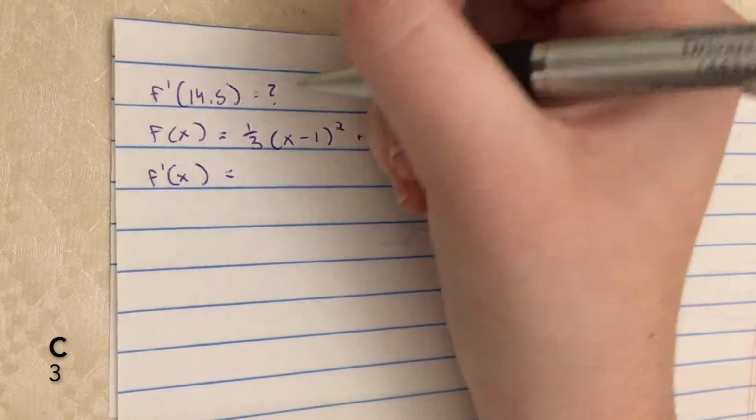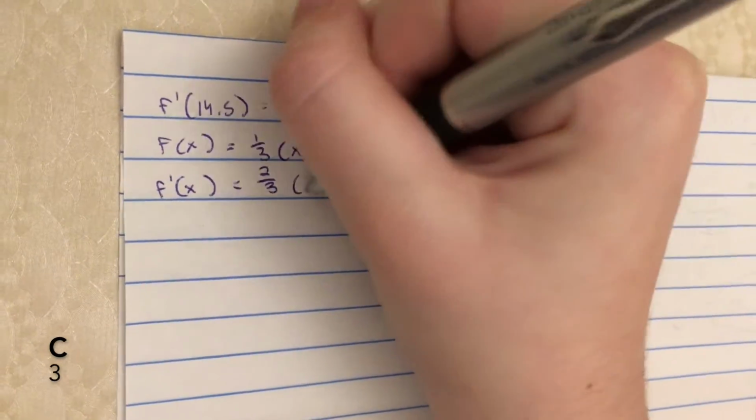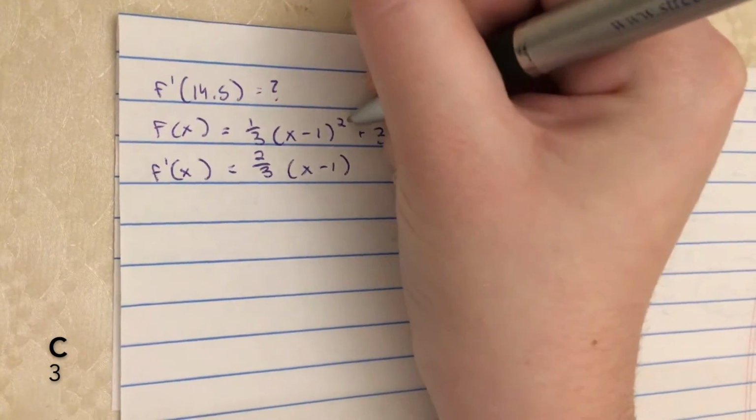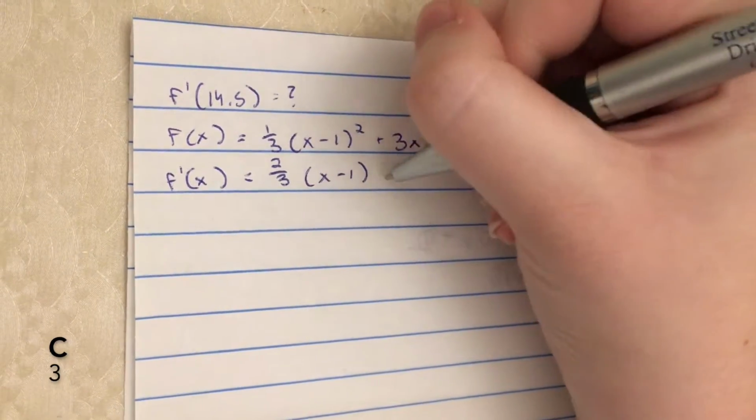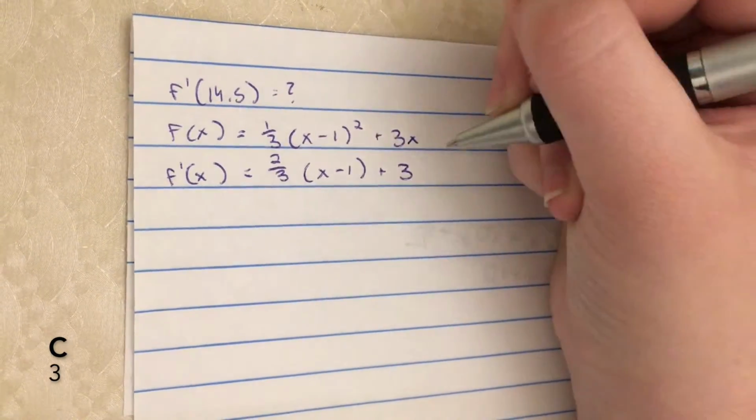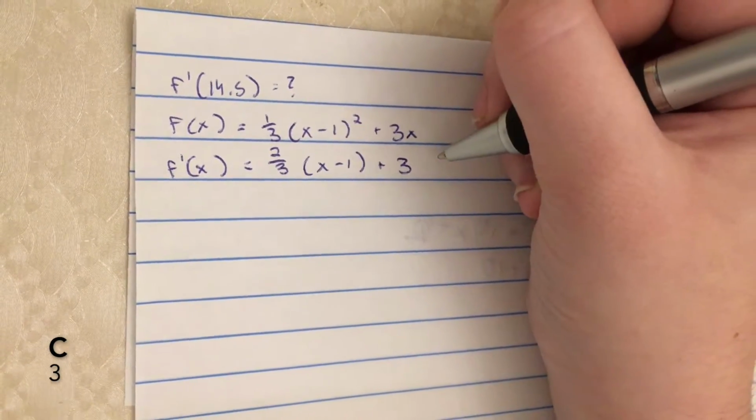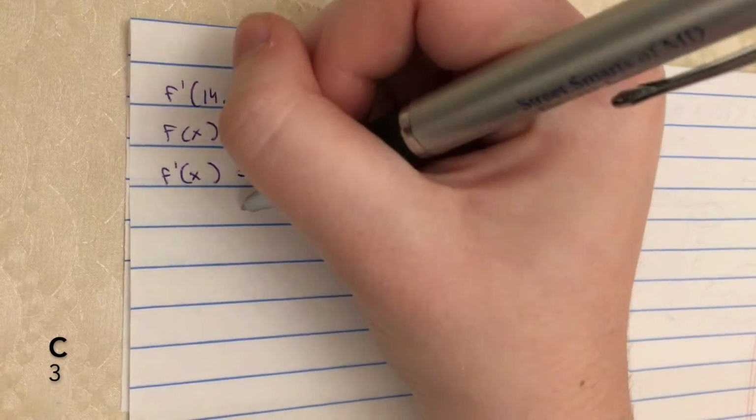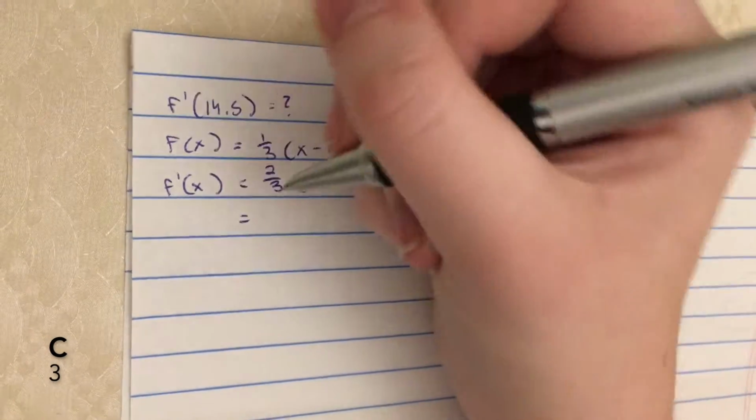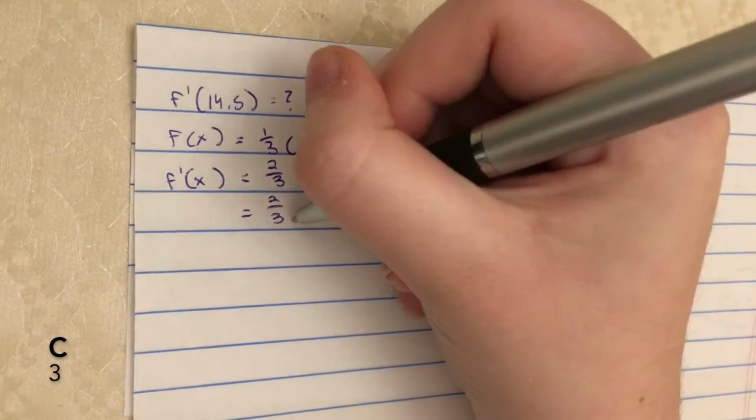So you bring down the 2, and this will equal 2/3 x minus 1, and then you subtract 1 from the exponent, so it would just be 1, and then plus 3, because you subtract the exponent up here, which was a 1, and then a 0, so now it's just 3. And then from there, you multiply the 2/3 out,